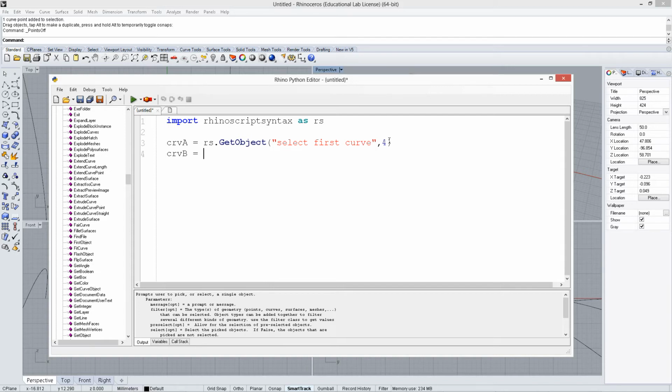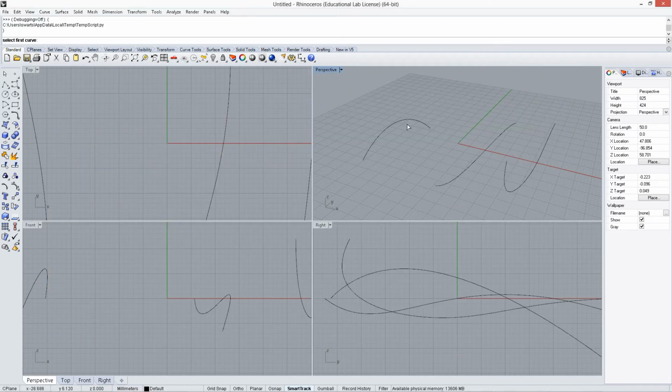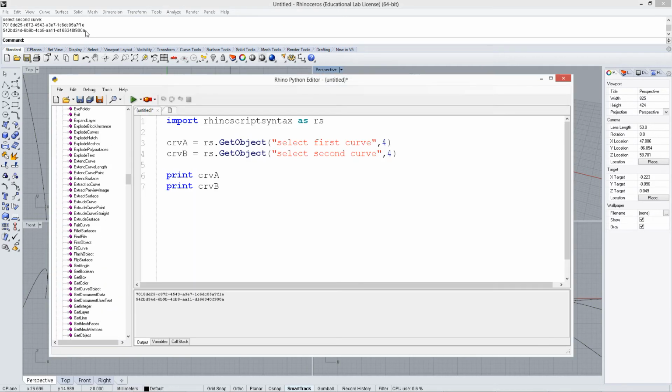And let's capture a second curve. Alright, and then let's go ahead and use these. Actually, what we should do is print these out so you can see how they're composed. So we click play, we select 1, select 2, and it actually prints out their GUIDs, or their globally unique identifiers. So really these are strings with a bunch of numbers and letters, and that's what is used to reference that object in the scene. So actually these are strings, and that's what the